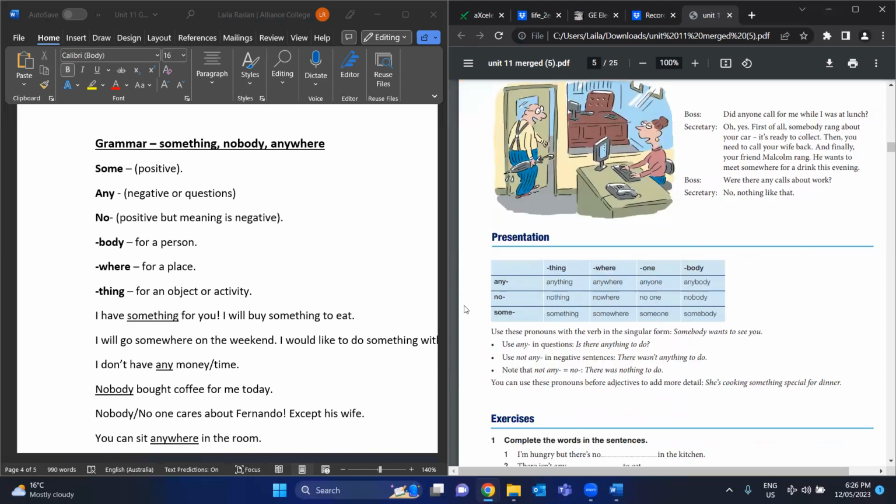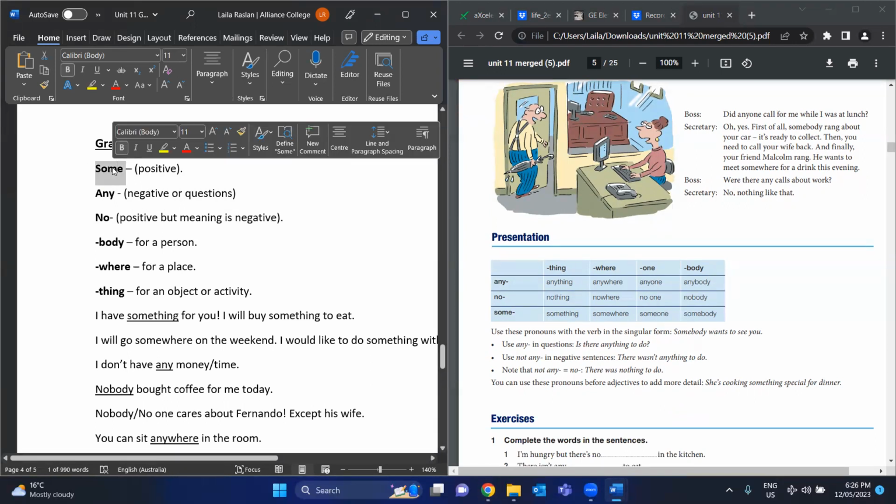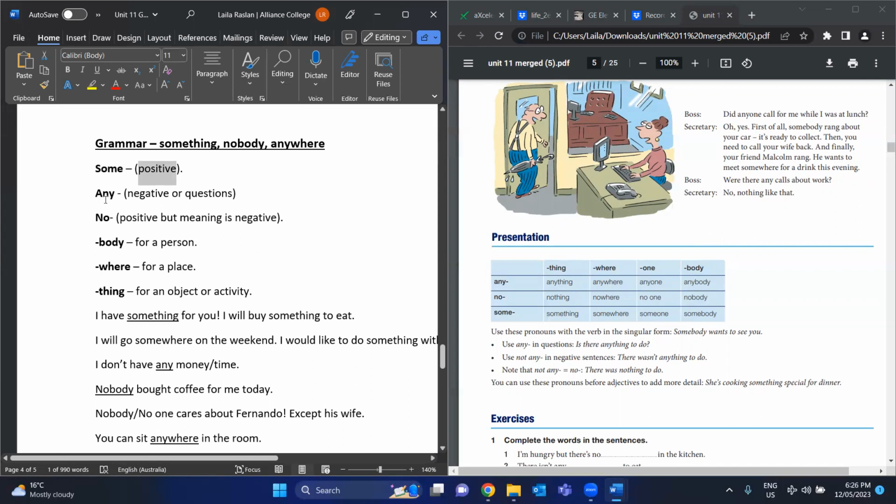Okay, so we looked at any, no, and some when we start the words with those words. So some is a positive thing, like I have something to tell you, I have something for you, I have some information, I have some books to give to you. It's a positive sentence. Like it's not a negative, it's not a question, it's just a positive sentence. Any is when there's a negative or there's a question. So a negative would be like, I don't have any money. That's the best example. I don't have any time. I don't have any